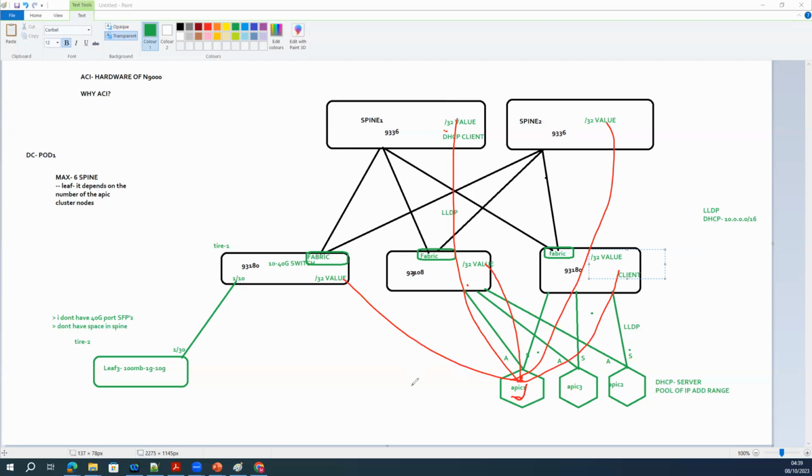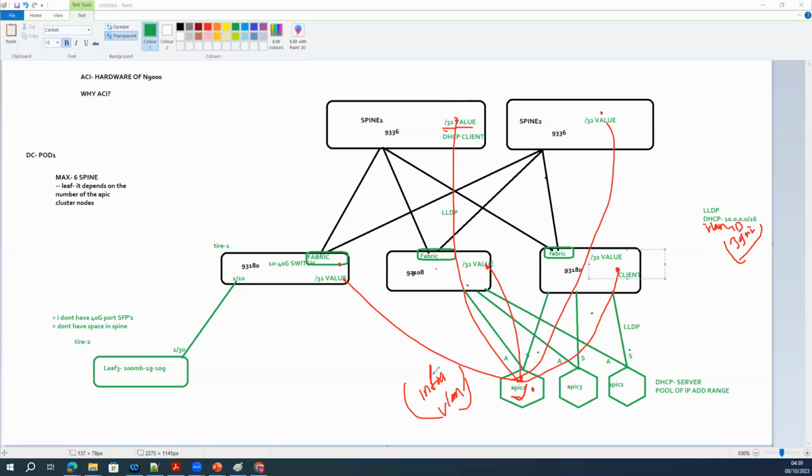Which protocol does it use, and how? APIC uses the infra VLAN concept for the keepalive. If APIC wants to communicate with these leaf and spine switches, along with the IP address in the DHCP, APIC also deploys the VLAN ID. If you define the VLAN ID, that's well and fine. Otherwise, APIC itself has a default one; I forget the range. There is one VLAN ID which will be deployed here. We call that the infra VLAN ID.